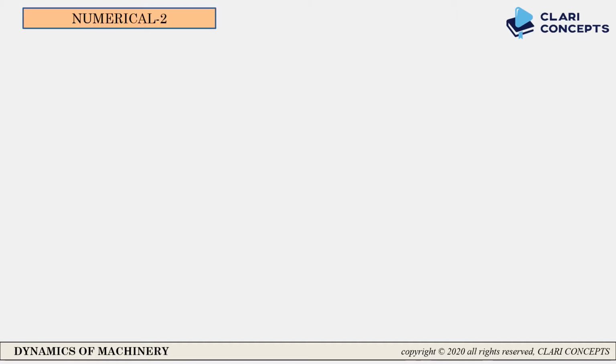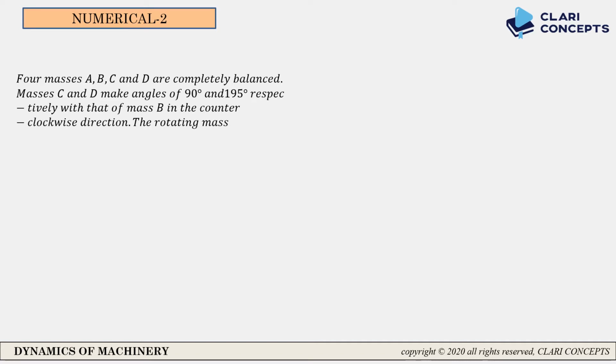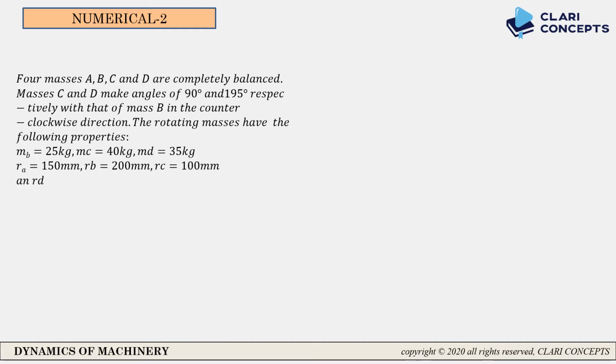So here you can see numerical 2. Four masses A, B, C and D are completely balanced. Masses C and D make angles of 90 degrees and 195 degrees respectively with that of mass B in the counterclockwise direction. The rotating masses have the following properties. Mass B is 25 kg, mass C is 40 kg, mass D is equal to 35 kg,